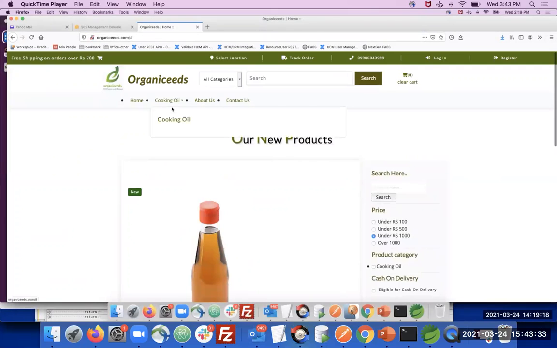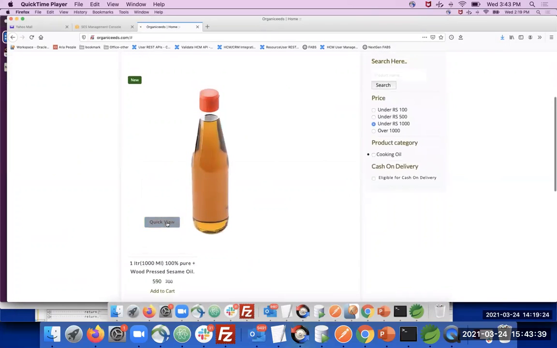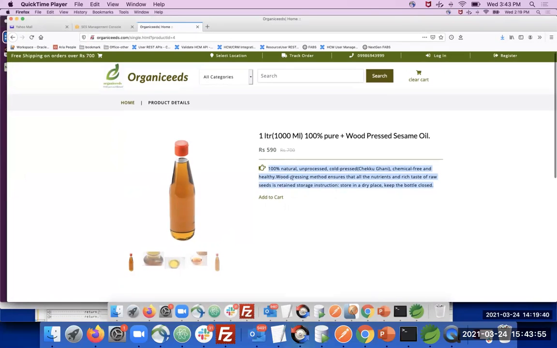Okay, so you can use your menu to search the product. Once you select the product, you click on the quick view. Here you will get the detailed description of the product. What the features are, what the advantages are, all those things you will get in this quick view option. Once you select your product, you can add it to the cart.